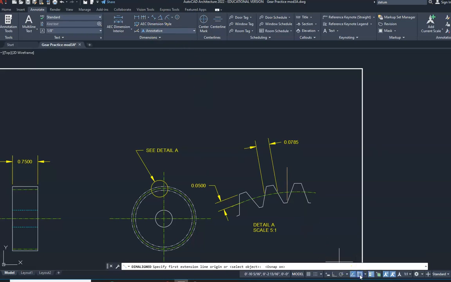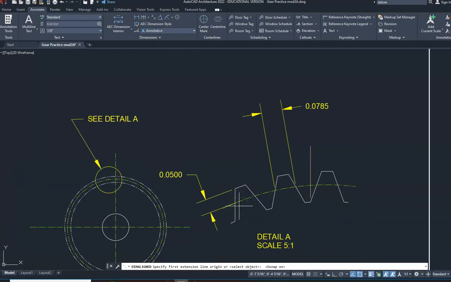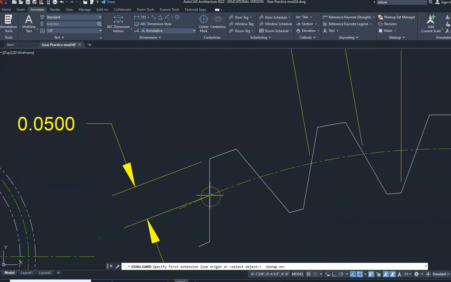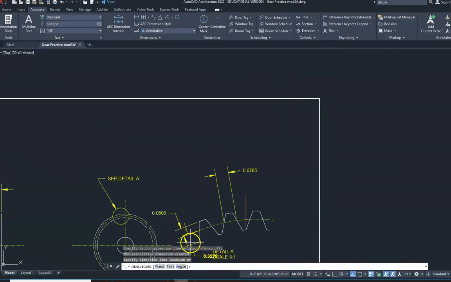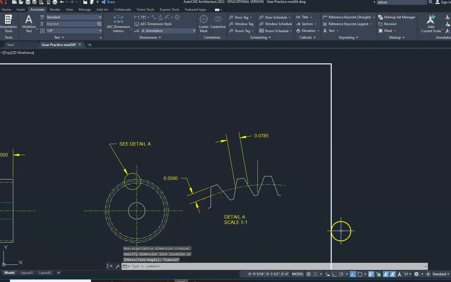Again, I'm going to make sure that my snaps are on for the first dimension. Okay, I want to make sure we choose that here. And then I'll turn my snaps off for the second dimension. Okay, and then I'm going to choose that here. And then I'm going to be able to drag that out. And that's not exactly aligned properly, so we might have to mess with that just a little bit to get that correct. So I'm going to try to do that again